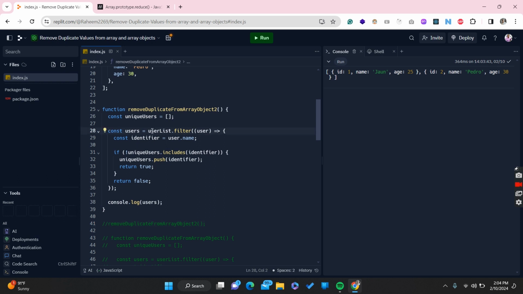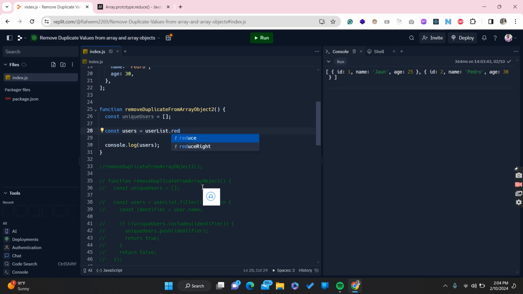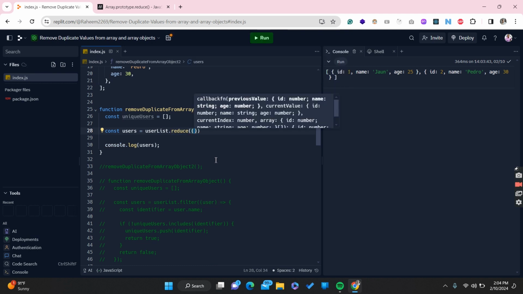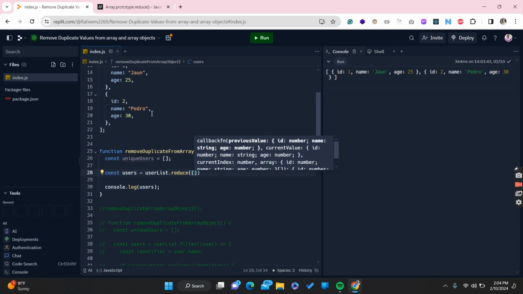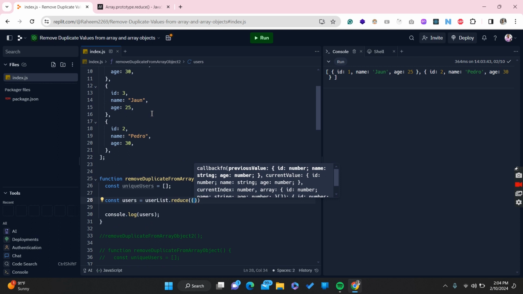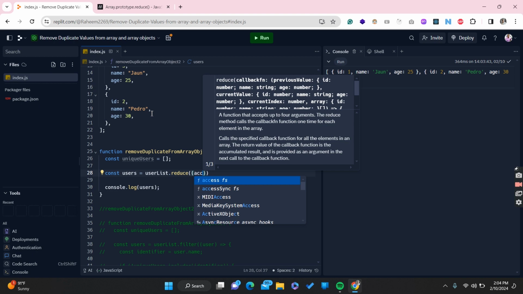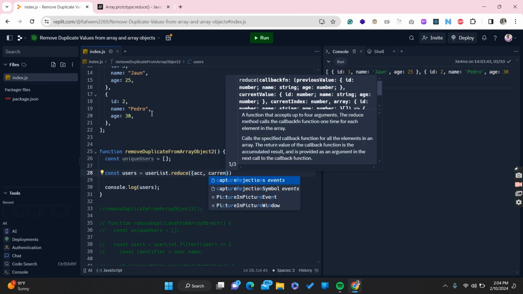I'm going to use reduce. Already you saw how we remove the duplicate value in the flatten array using reduce. Now we are going to see how to remove the duplicate value from an array of objects, right? Okay, in accumulator, current value,